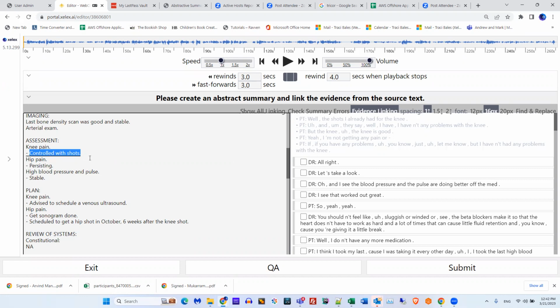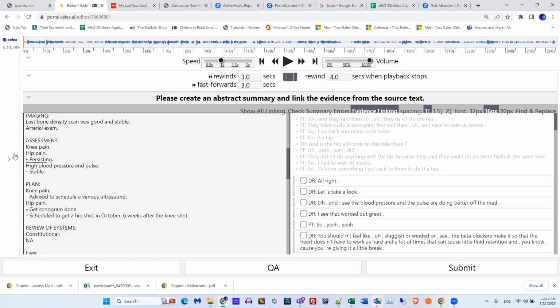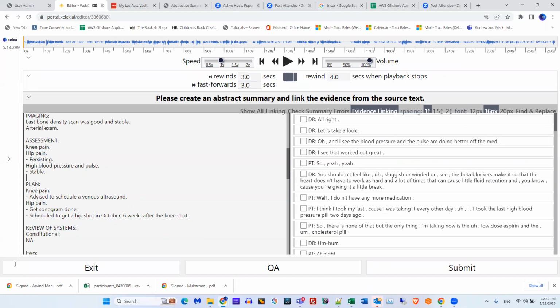Now, if you don't have any evidence to support linking, then maybe you don't have a status to put, and it should just be left like that. If you don't know the status because they haven't said something to give you evidence to say it was stable, then you just don't have a status to enter, and it would look like that. Does that make sense? Okay.